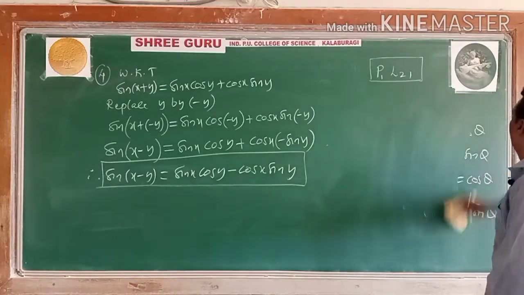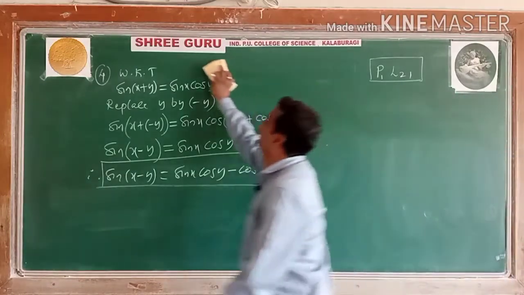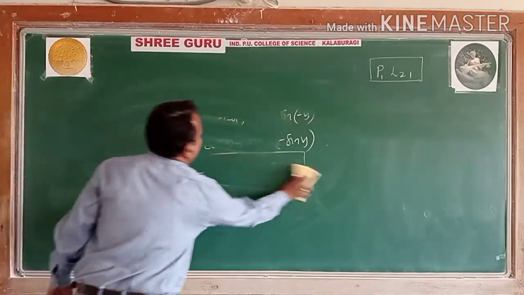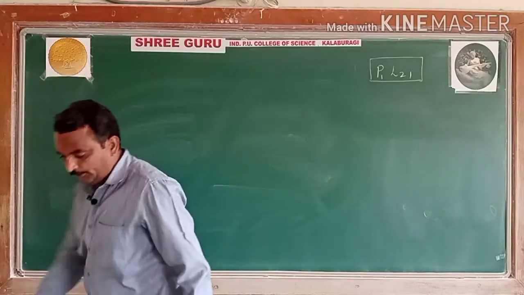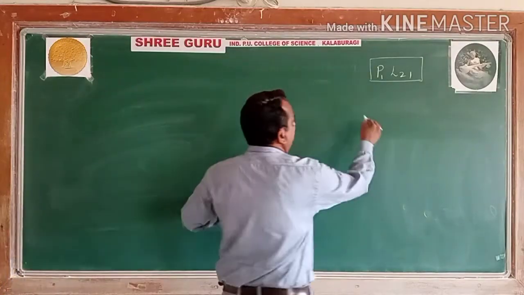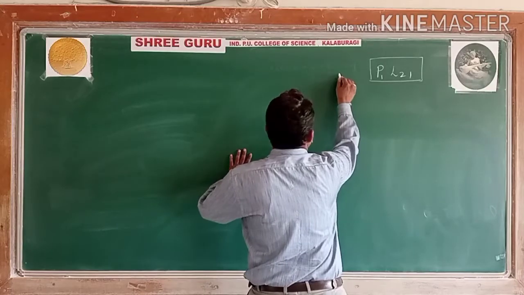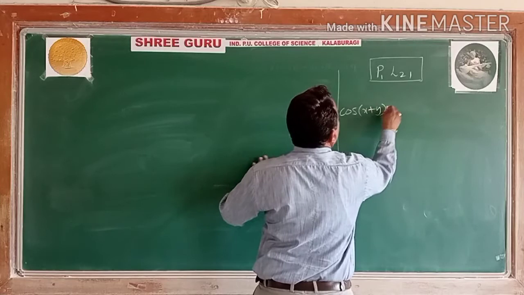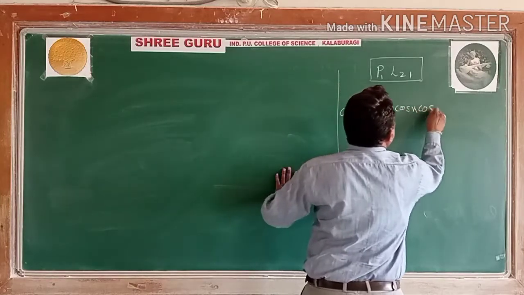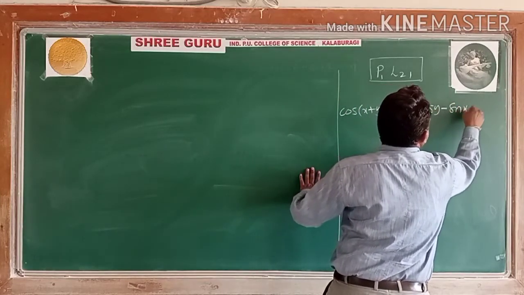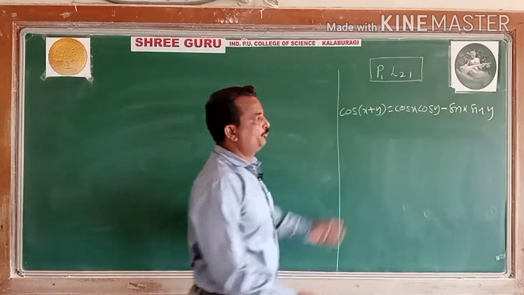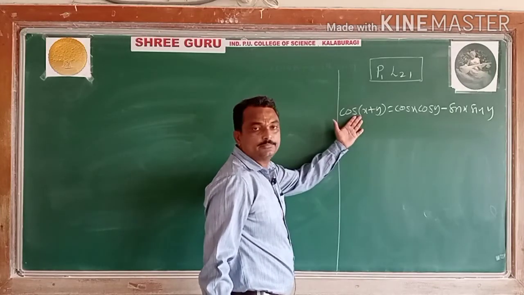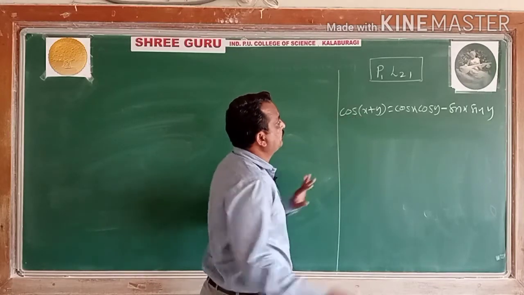Now we will go for the tan of x plus y formula, students. You know very well, we have proved, I will write all the four formulas here. What have we proved? Cos of x plus y, which we have proved geometrically. Using this, we have deduced the three formulas: the difference of cos, and the sum and difference of sin.